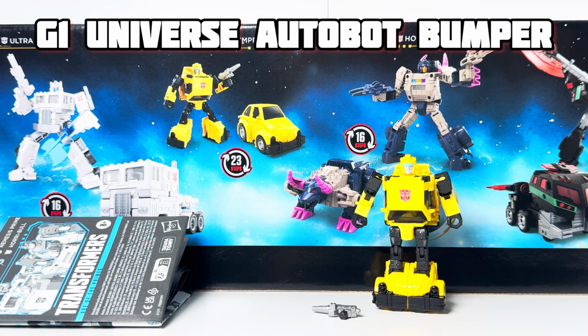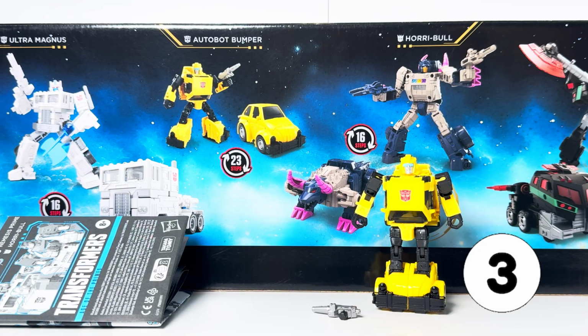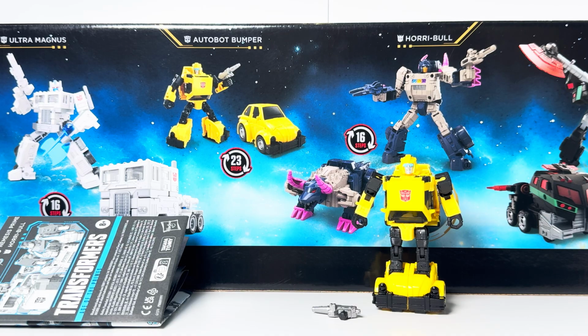And today I'm taking a look at a third figure of this 4-pack, which is the Transformers Age of the Primes Autobots versus Decepticons Target exclusive 4-pack, as you can see. And today we're taking a look at Autobot Bumper. So this is going to be my third ranked figure out of this 4-pack. So for me, it is a pickup because I like all three of the figures that I reviewed